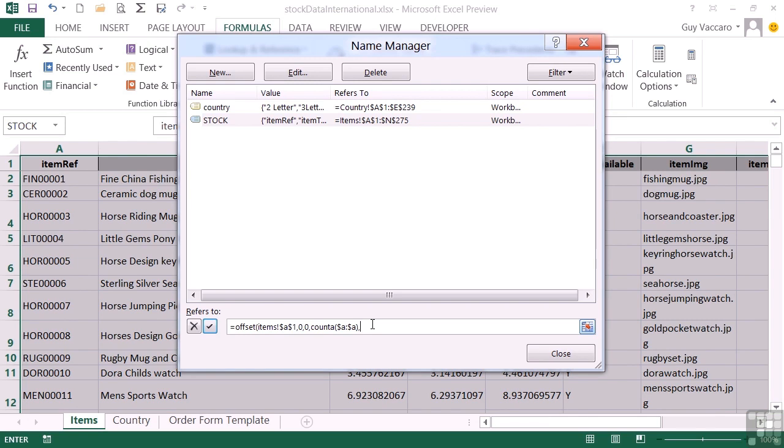Comma. The last part is how many columns. So what's the width of my little offset range? Now we could use a COUNTA there to determine how many of the columns have some content, but that's unlikely to be dynamic and need to add in further columns. So I'm going to set that to the actual current width, which is 14 columns, and then close brackets. So my whole offset function is what will now drive the range for the named range. So it'll still have the same name, it will still be called stock, but we're effectively driving this section here, which is the height of the area by counting the number of cells. Tick to accept that,